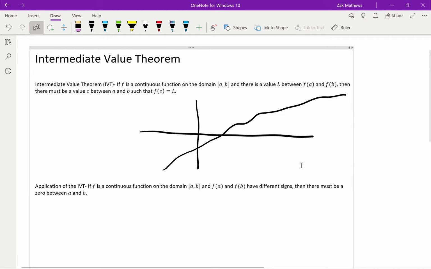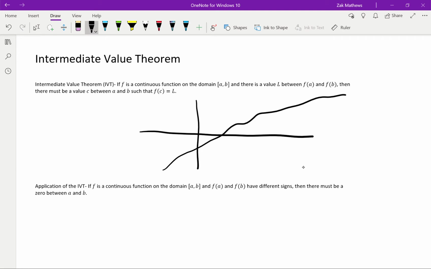What I am told is that I have an L value between f of a and f of b. So let me define f of a to be less than f of b. Again, why do I know that's true? I don't. This is just one possibility. And I know that there's some L value between them. Well, if we think about how we got to that f of a, there was some a value that when we plugged into our function gave us f of a. F of b, same idea. There's some x value of b that when I plug that b in, I get to my y value of